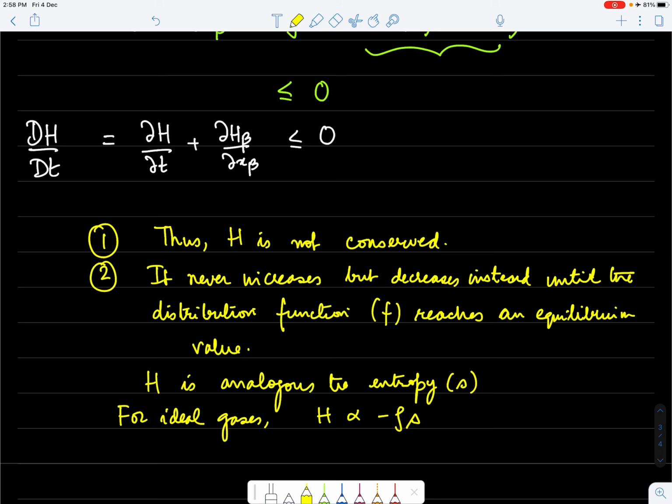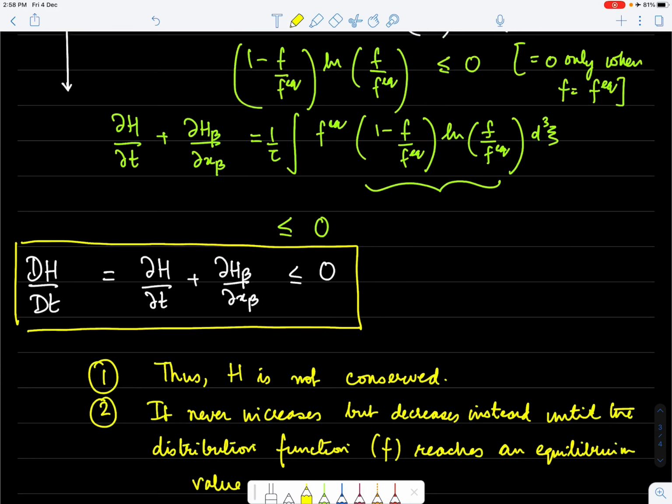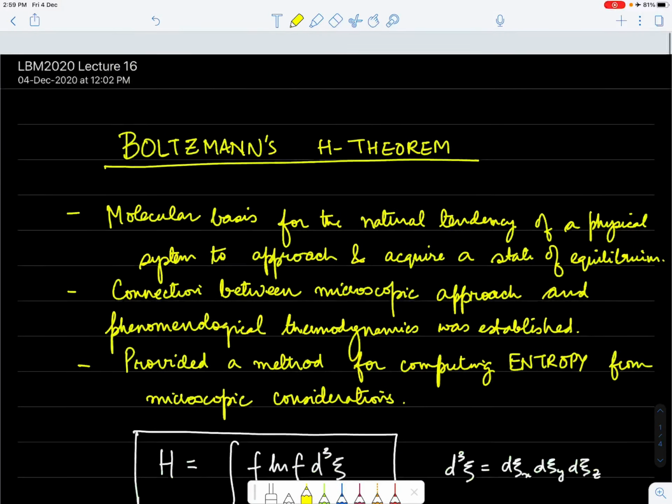Now there are some more inferences of Boltzmann's H theorem, but those are slightly more complicated, which I'm not going to bring about here. I think for this understanding of the concept, this is the key idea. I've taken a very easy approach to bring about this function. This should tell you that this function h, which is again a function of the distribution function, is what satisfies the three conditions that I started the lecture with, the three ideas of the Boltzmann H theorem.